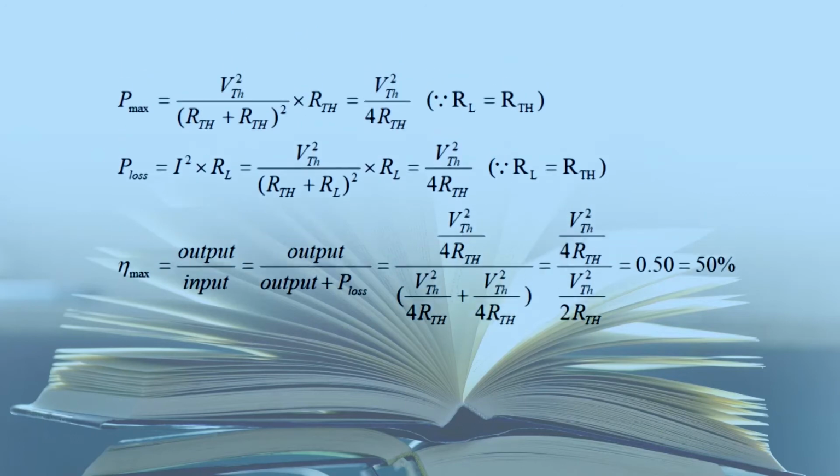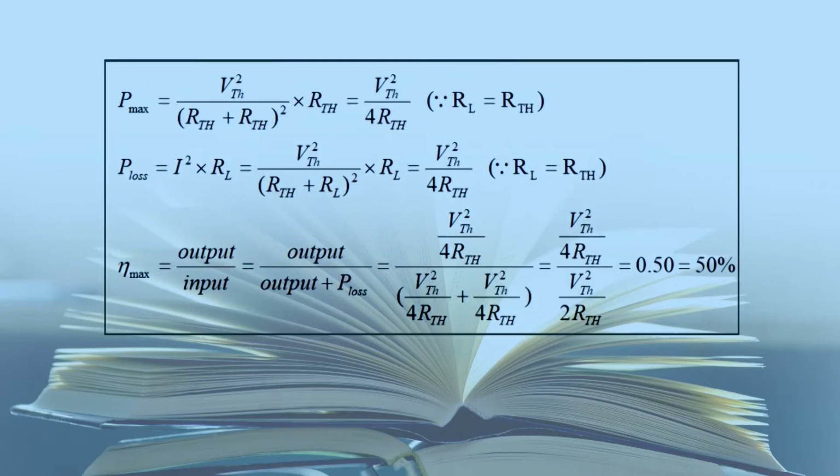Now because you have to find out the value of the maximum power. So under the condition of maximum power transfer, the power delivered to the load is given as P max is equal to what? V_TH squared upon (R_TH plus R_L) whole squared multiplied by R_L. So the condition of maximum power is what? R_L is equal to R_TH. So just put R_L is equal to R_TH in this expression, and after putting this value, you will get P max is equal to V_TH squared upon 4R_L.